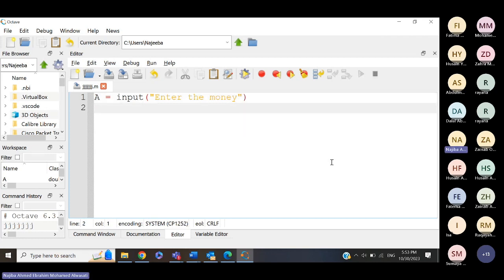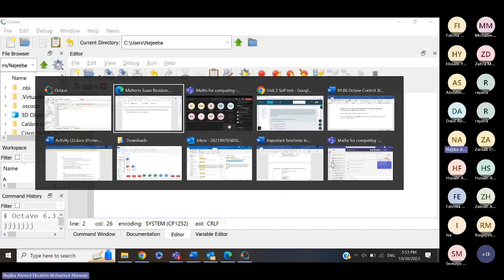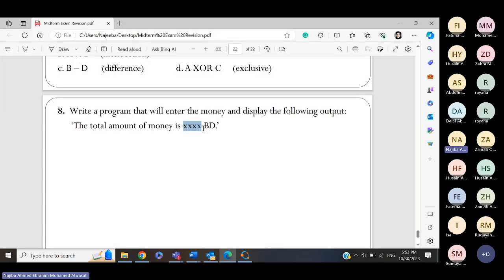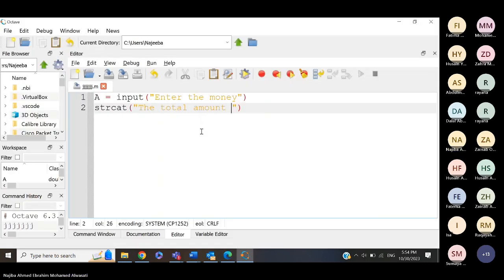Then I will use a command called strcat. Strcat is basically for string concatenation. That means that I will write this one, the total amount, as mentioned. They want it in this format. Okay, so I will convert the number that they will put in into a string. That's why I'm using that concatenation thing. The total amount of money